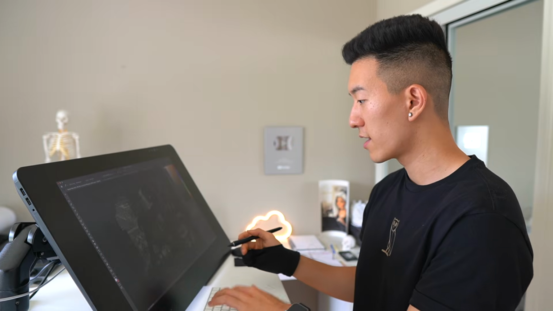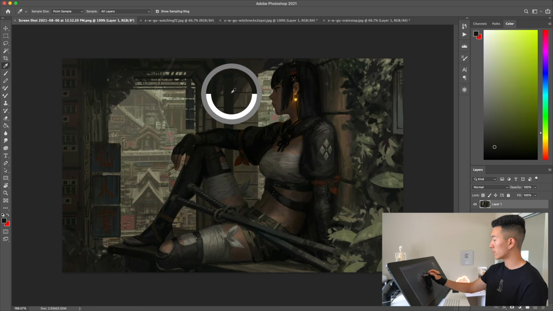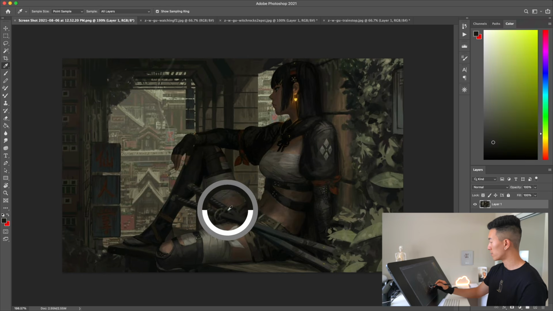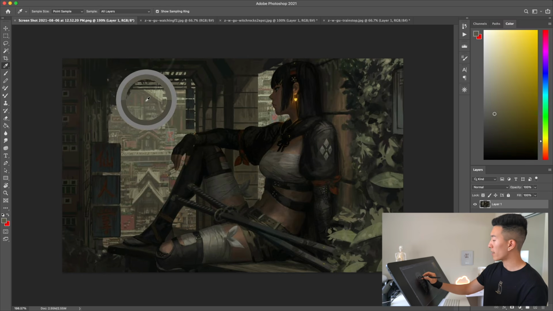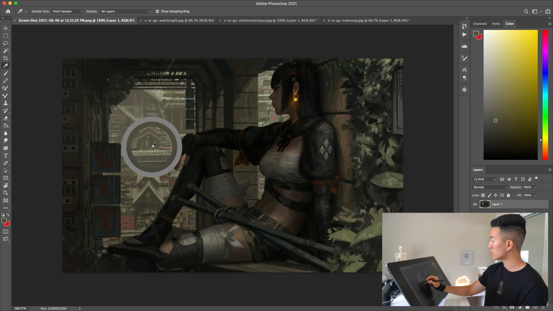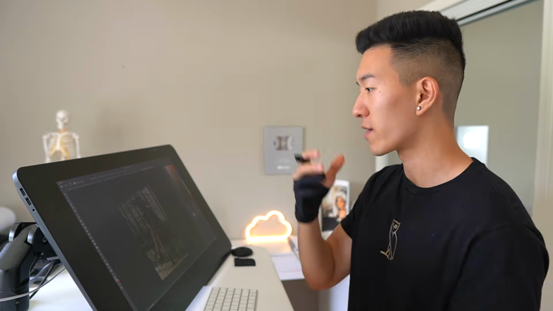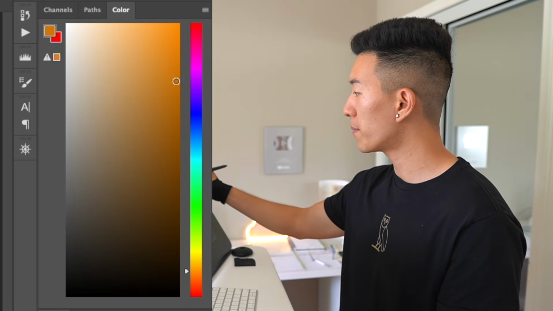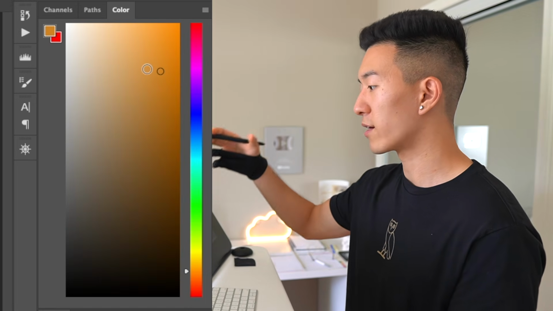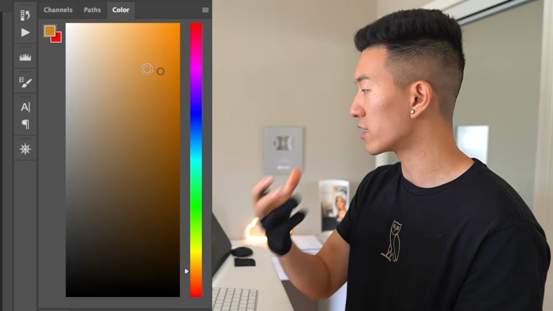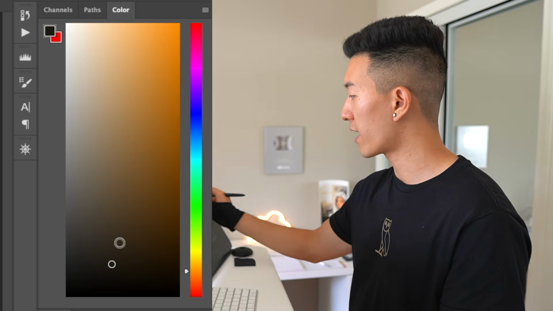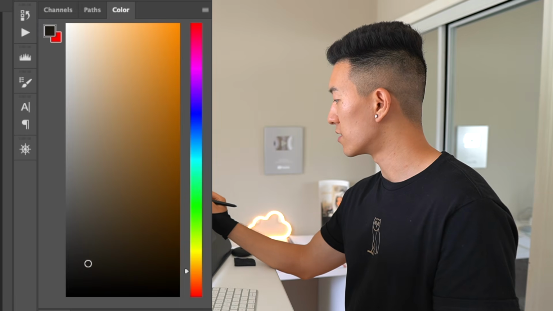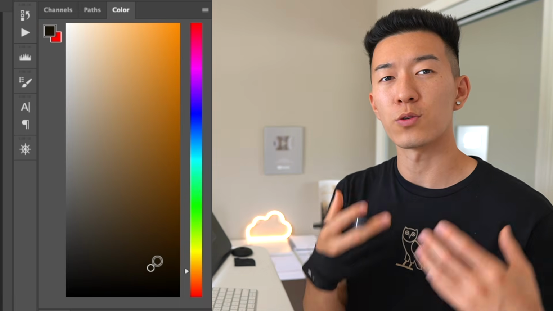For example, things that are far away, there's a lot of atmospheric depth. So you're gonna get something that has a little bit less contrast. And even looking at this painting right here, you can see everything closer to us in the foreground is much darker. But as we move to things in the background, you can see that the value range changes to be in the middle. Now for me, I find this really interesting because whenever I'm painting, I like to go within the top half of that color palette. And then when I have to do like ambient occlusion or a really, really dark shadow, I would move down to the bottom half. But I usually wouldn't cross this line right here because I don't want to get too close to pure black.